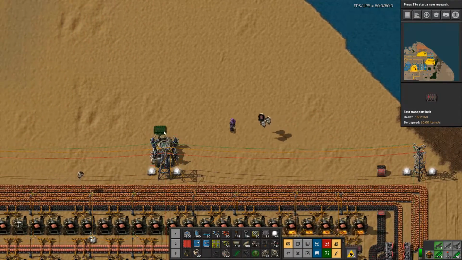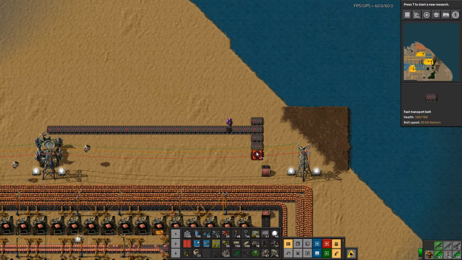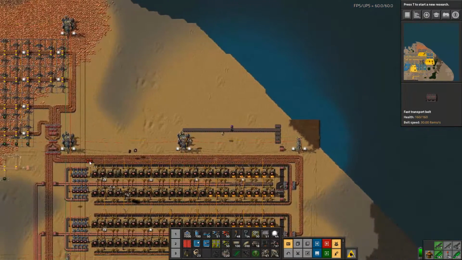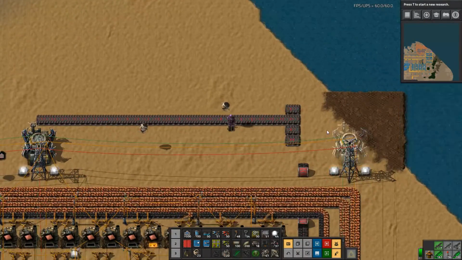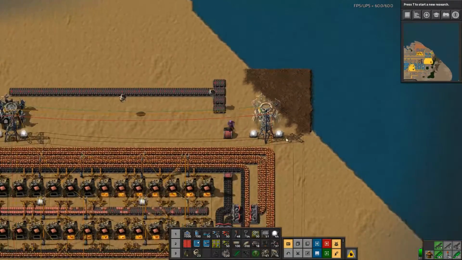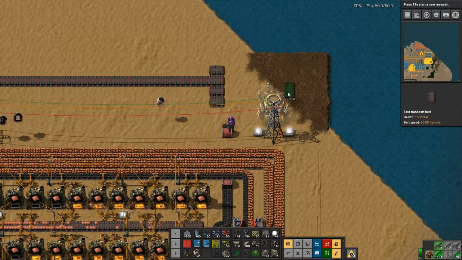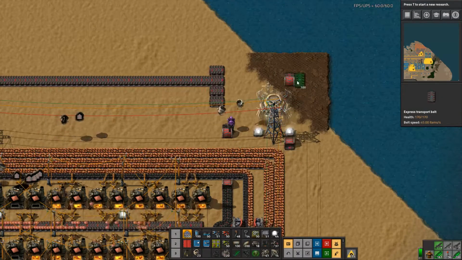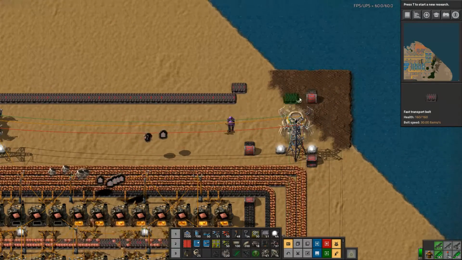That means this one goes 1, 2, 3, 4, 5, 6. Could use those two, yeah. That would need to be built like this, which means that's not going to work. Which means...